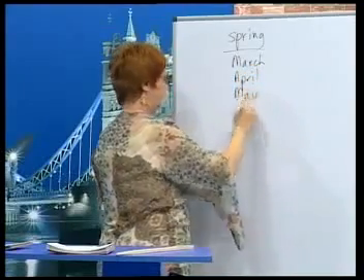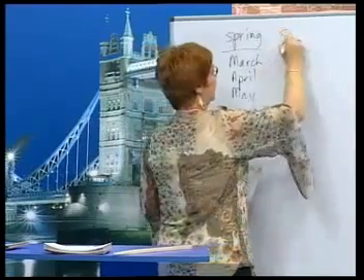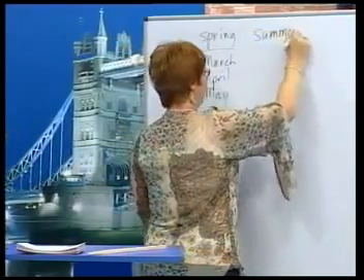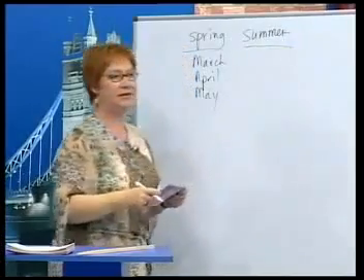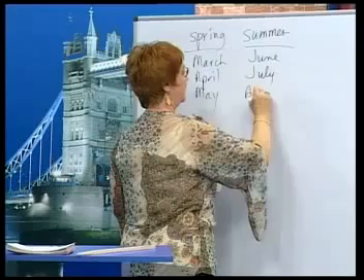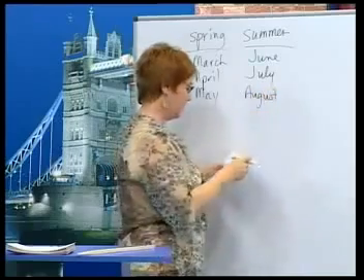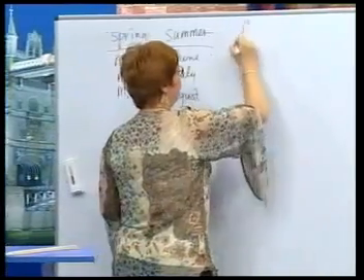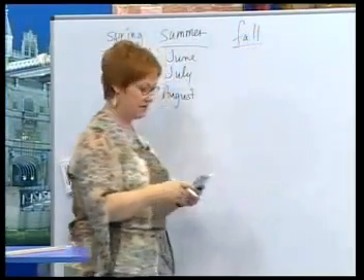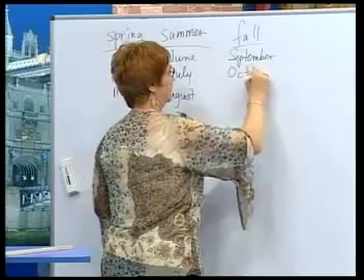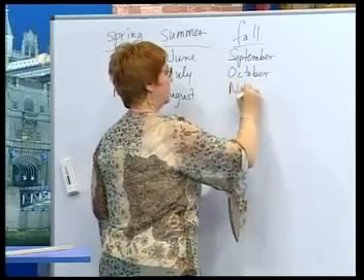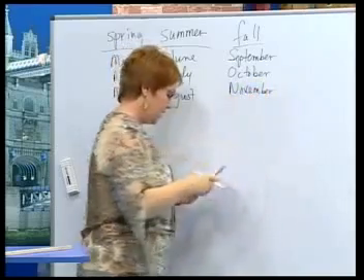Yes, good. Okay, of course, then we have summer. And Susan is going to tell us the summer months. June, July, and August are in the summer. Yes, June, July, and August are in the summer. Now we have the fall. Isabel, which months are in the fall? September, October, and November are in the fall. Okay, September, October, and November are in the fall.